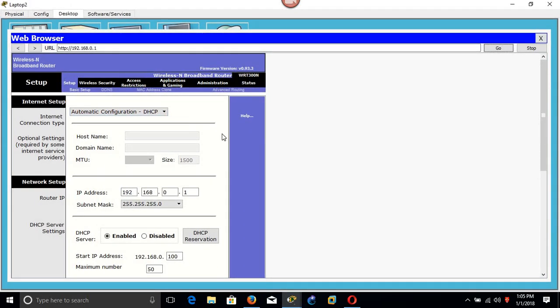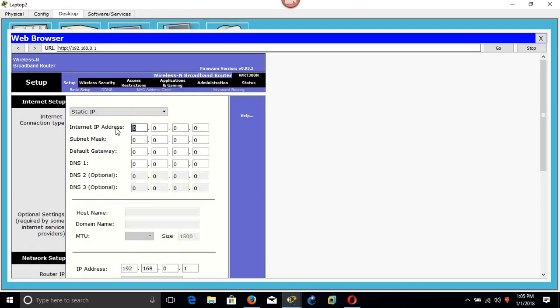Here you will get the interface for the first configuration of your device. There are a few important settings you must configure in order for your device to access the internet. The first thing is the internet setup. Here we have to select static IP. Then we have to configure the static IP, which is similar to the IPs we have used in our